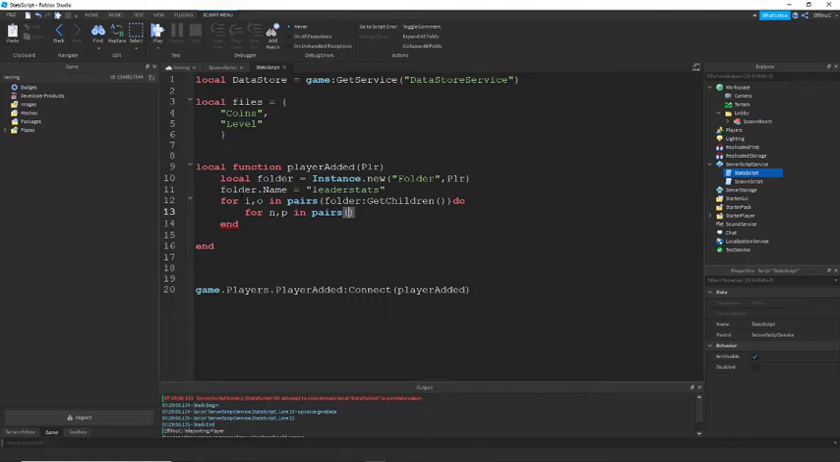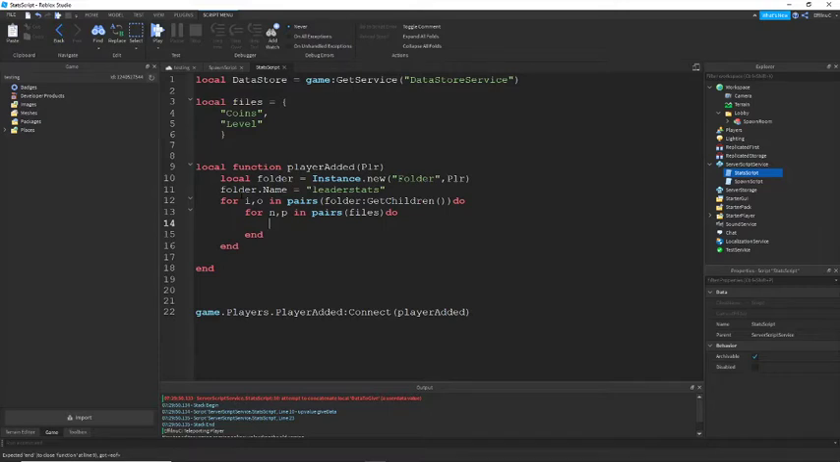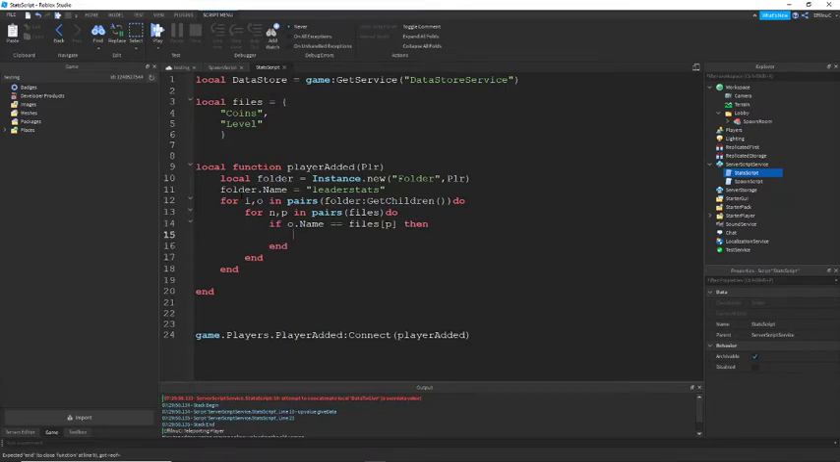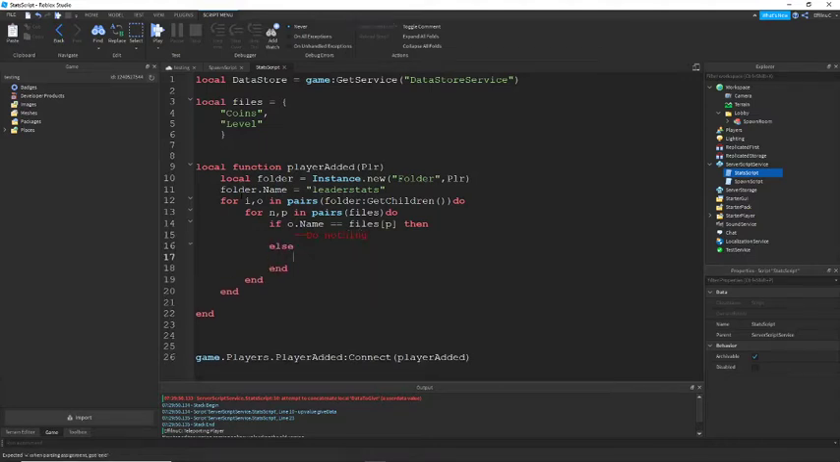So we're going to put files in here, and then we're going to say if o.Name is equal to files p, then we can do nothing. So do nothing. Else, we need to create